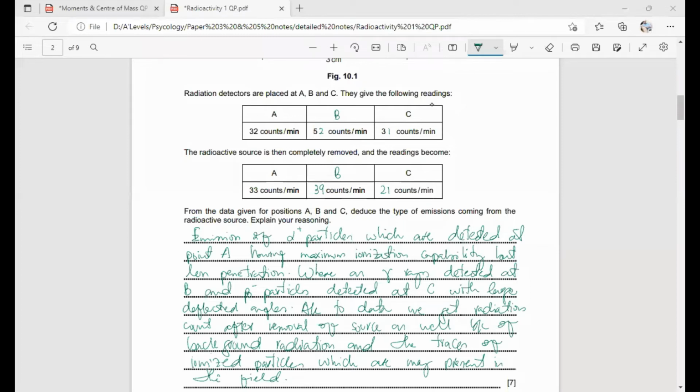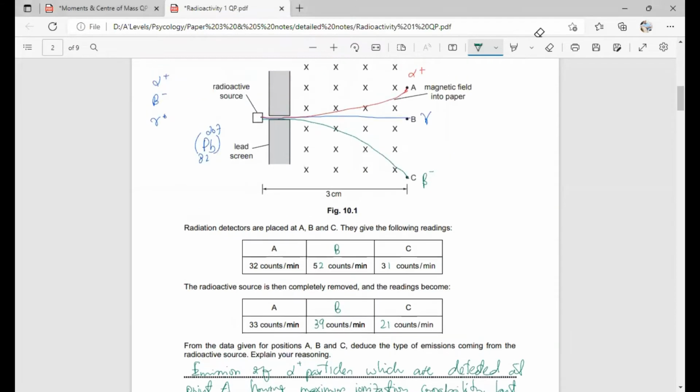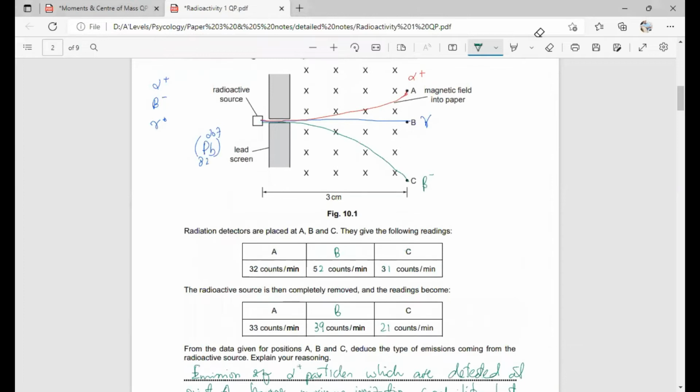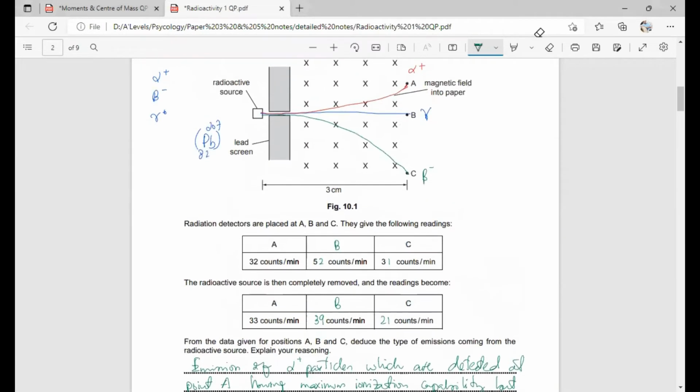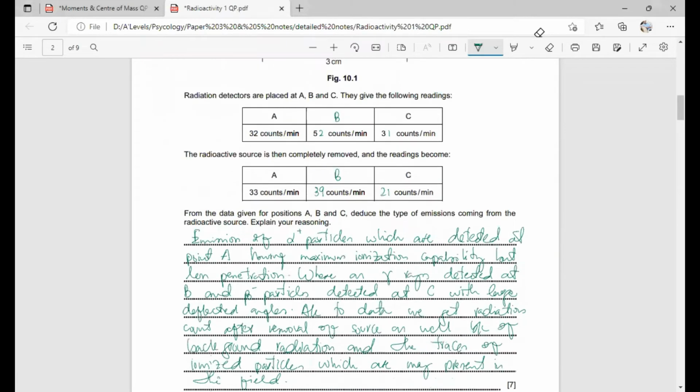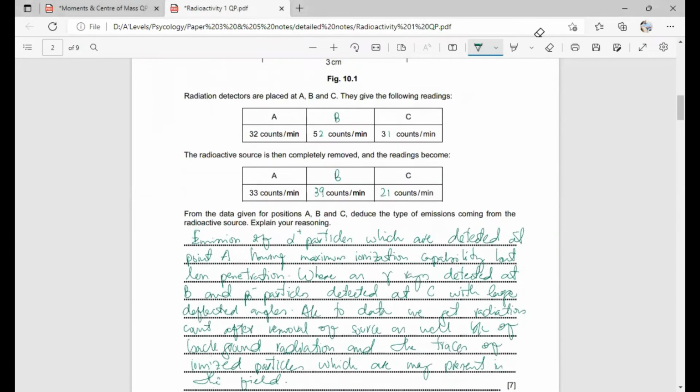So as I said, we can observe the presence of alpha, beta, and gamma radiations, and where we can detect them as per their magnetic field range. So, as the question is asked about why we get